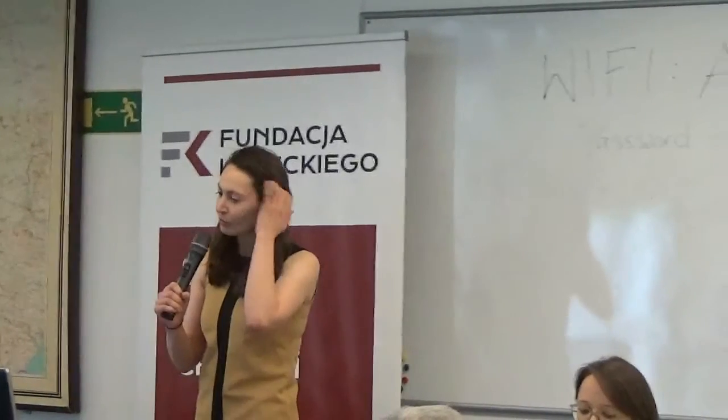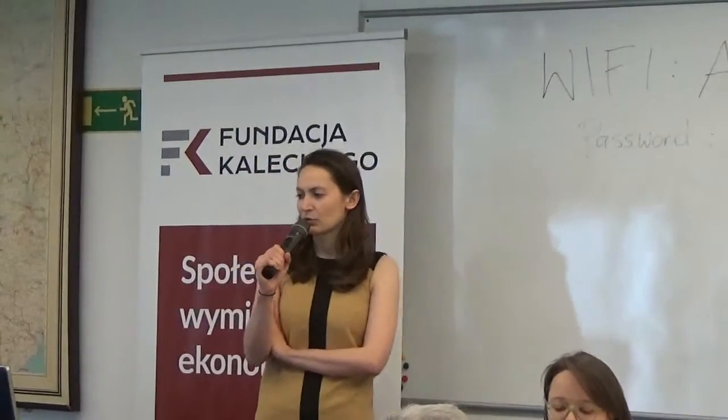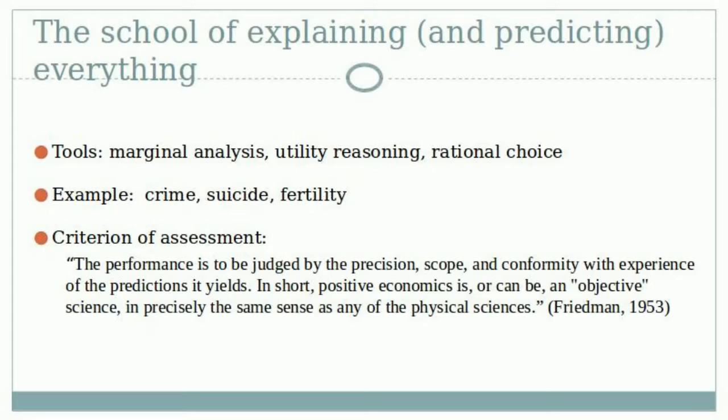So here we deal with the neoclassical school of explaining everything. How do they do that? They do that by refocusing attention from a particular sphere of life to the method, to the approach. This approach being the rational choice theory approach. And if you focus on the approach, then you can extrapolate this approach to a bigger and bigger sphere of life